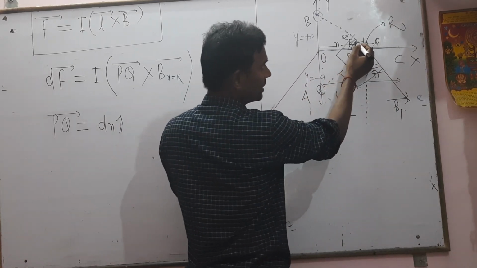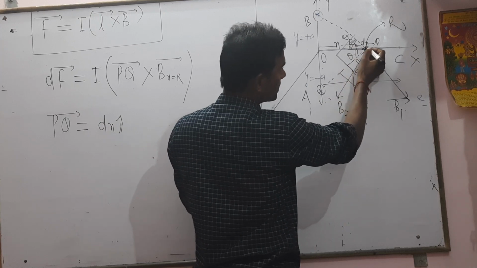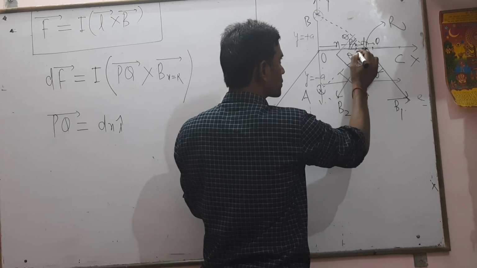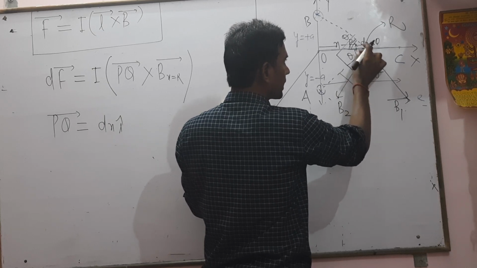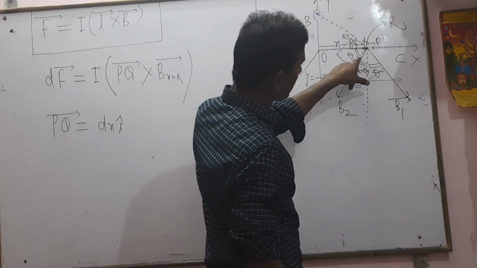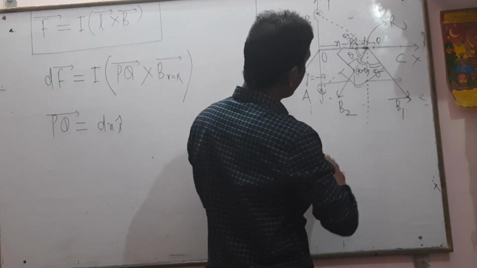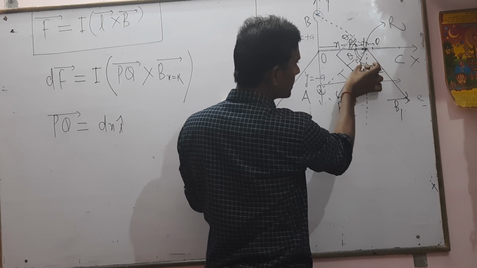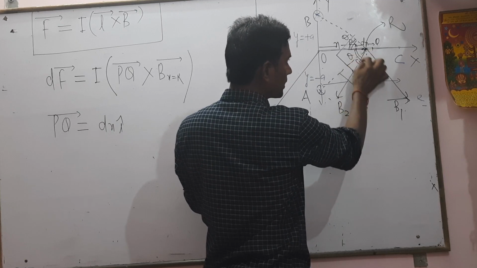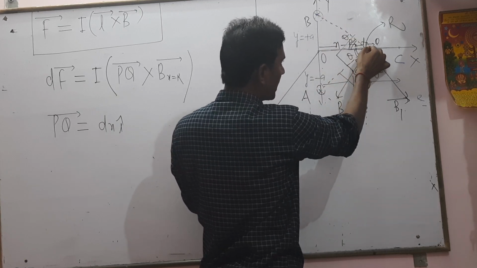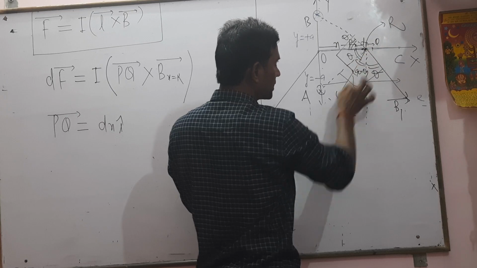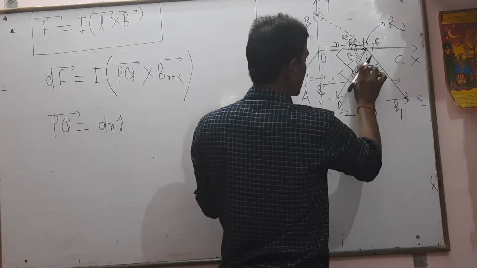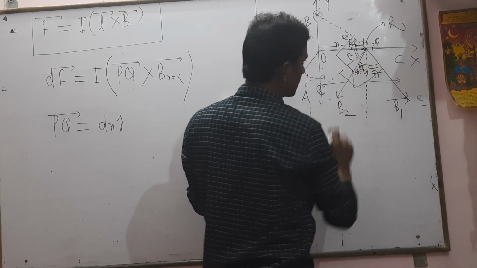If this angle is theta, so this angle is what? This angle is 90 minus theta, so this whole angle is 90 minus theta. This is the x and y, so this is the total 90. In fact you can say this angle equals 90 minus theta, because this is the magnetic field due to B2 and this portion is 90 degrees. In fact you can say this angle equals theta.